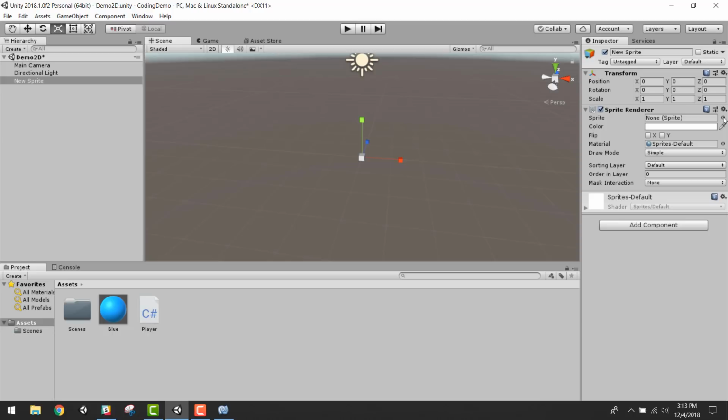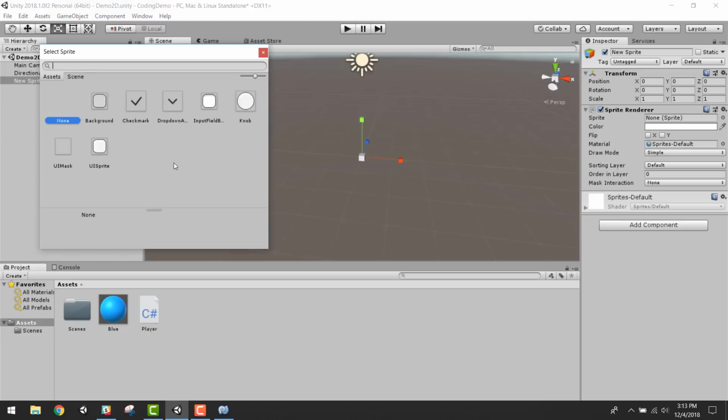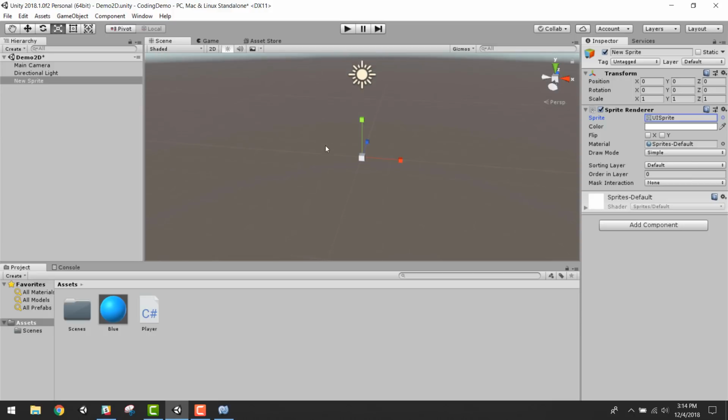So I'm going to click on this little circle here next to sprite, and I can pick from some of the default sprites that I have here. Just for testing this out, I'm just going to use one of the built-in sprites, but if you want to bring in a specific image to use, you can do that now as well. So I'm going to pick one of these squares,